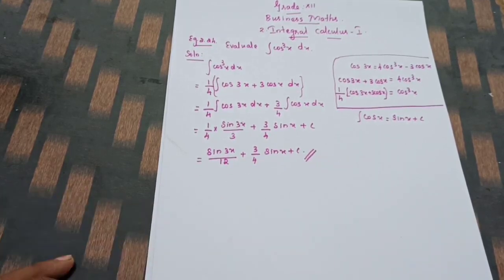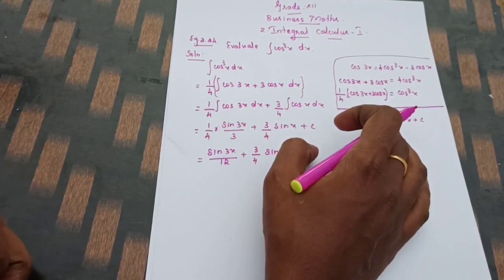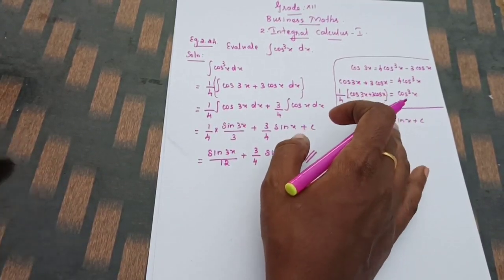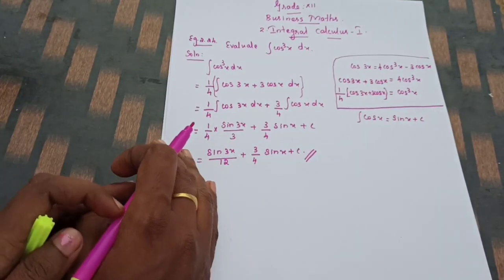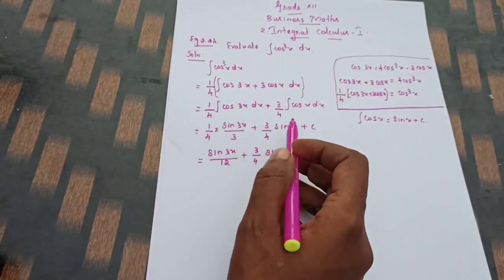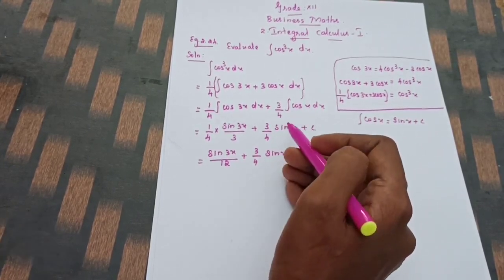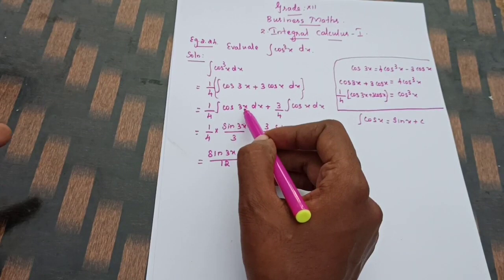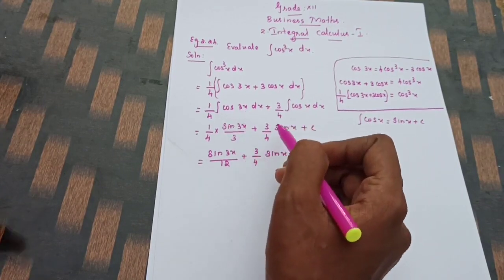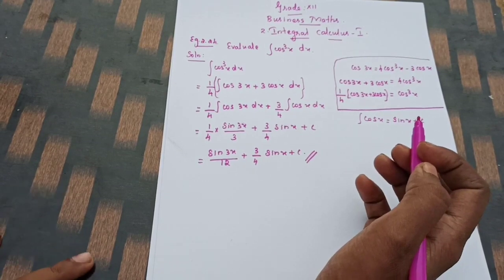That's all, students. It's very easy, but finding the formula is somewhat difficult for you. After finding the formula, we put it here and evaluate. Why ma'am, here alone you are dividing by 3? Here, what's the coefficient of x? 1, is it right? If we divide by 1, it stays the same. But here 3 is the coefficient, so I divide by the coefficient also. Understand? So the examples are all over.